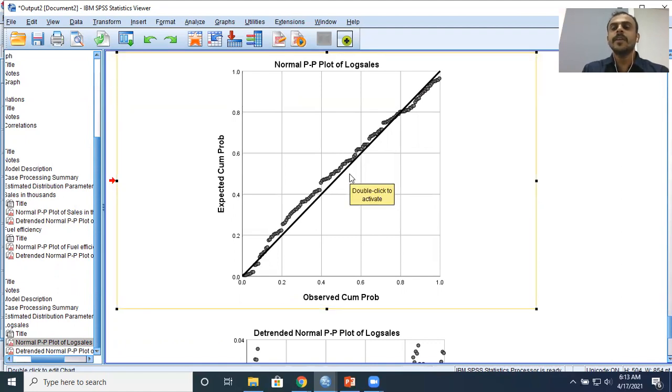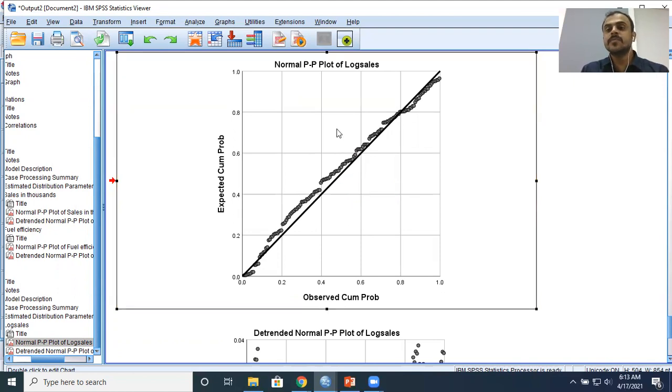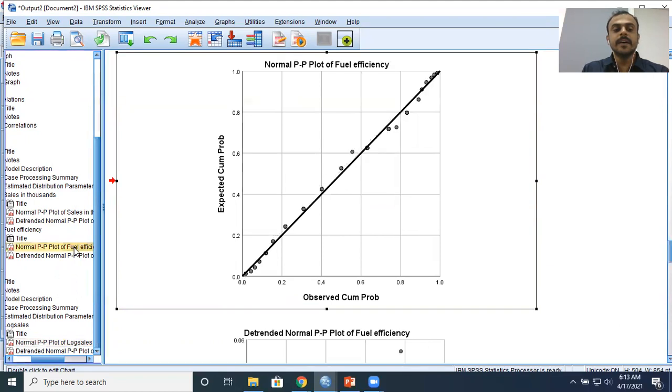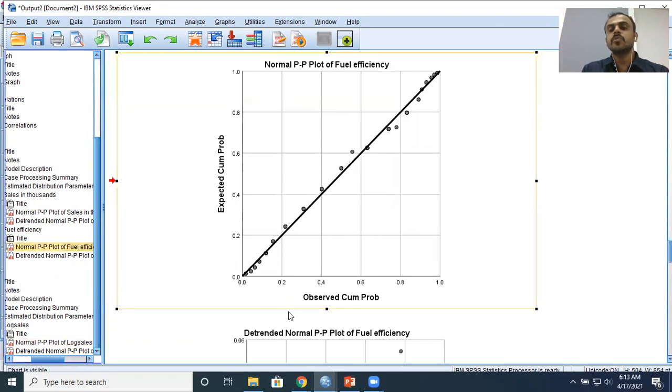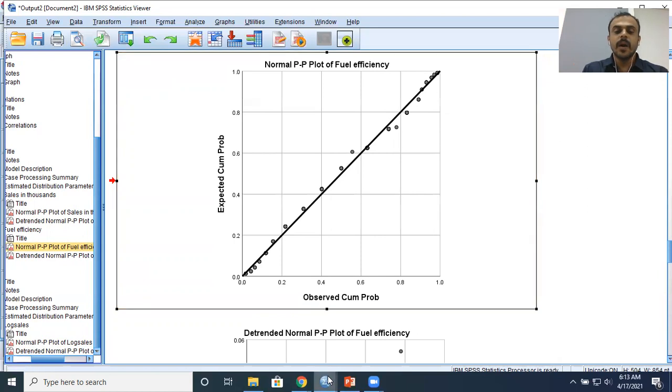So now I'm in a very interesting situation because log sales follows normality. And to recall, fuel efficiency also follows normality. Since both these variables follow normality, now instead of using the original sales variable, I'll be using the log transformed variable of sales to do correlation. I'll kick out the original variable sales. I'll include log transformed sales and fuel efficiency for further analysis. How do I do this?